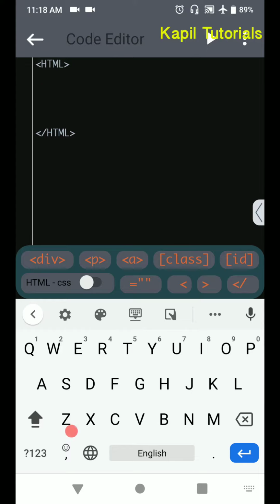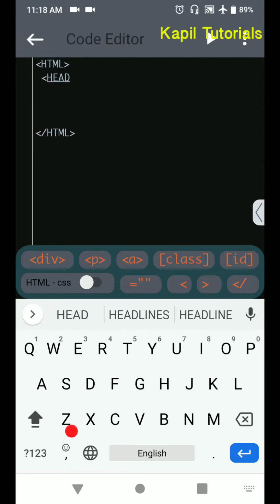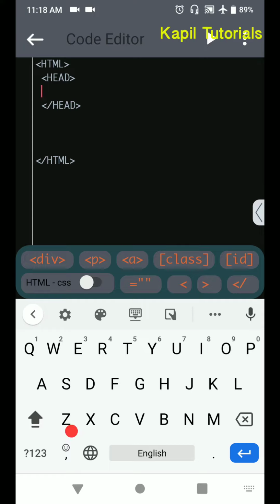Then head, you know very well the head command. Then here I'll write the command, you know very well, title. And again I'm telling you that the code we are writing, it's not necessary to write in capital case only.